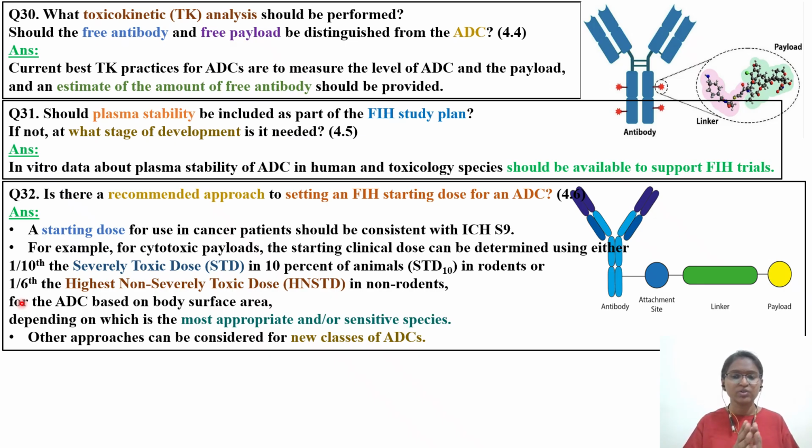So one question, as a risk assessment toxicologist, you have to remember: why 1/10th and why 1/6, why STD for rodents and why HNSTD for non-rodents, why NOEL for the conventional molecules, as well as why HNSTD in the case of anti-cancer drugs. Okay, so coming back to the question, for the ADC, based on body surface area, BSA is very